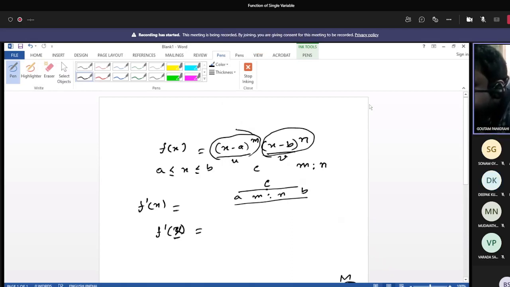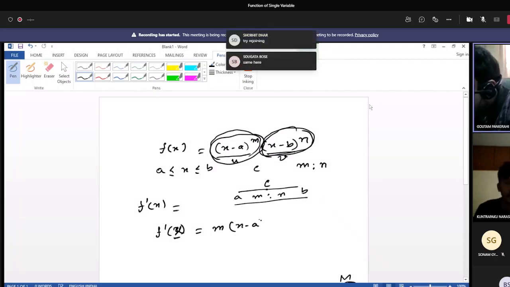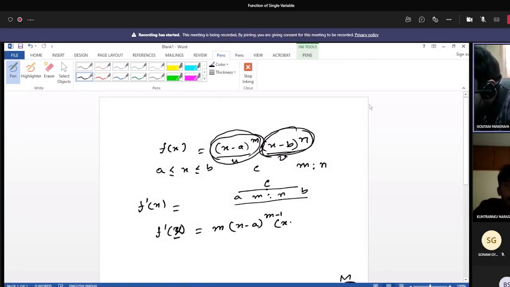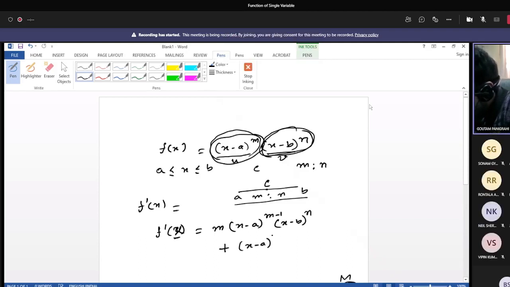You have considered x minus a to the power m as u, and x minus b to the power n as v. So the derivative of u is m into x minus a to the power m minus 1, into x minus b to the power n unchanged, plus x minus a to the power m, and n into x minus b to the power n minus 1. Then this will be 0, and from these two quantities,